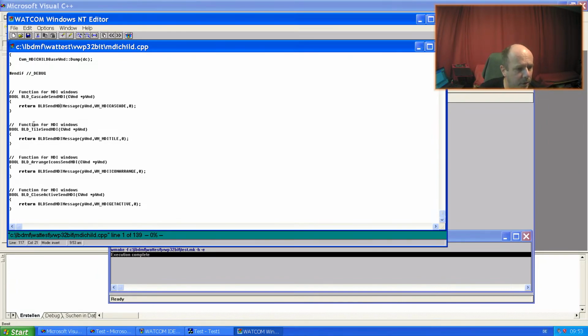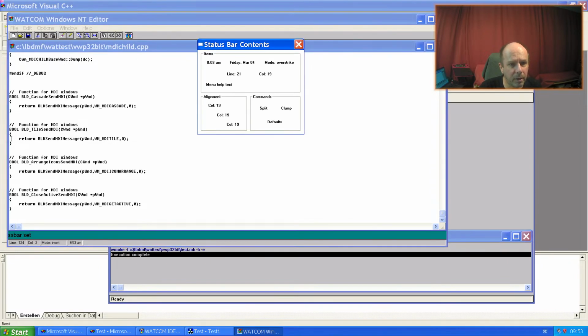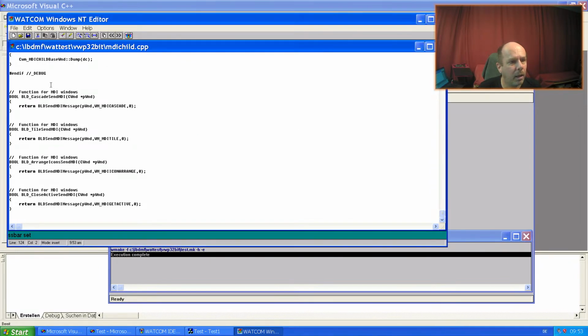This gilt send MDI. Tile, I want to say what is here the breakpoint? What was it? Oh.